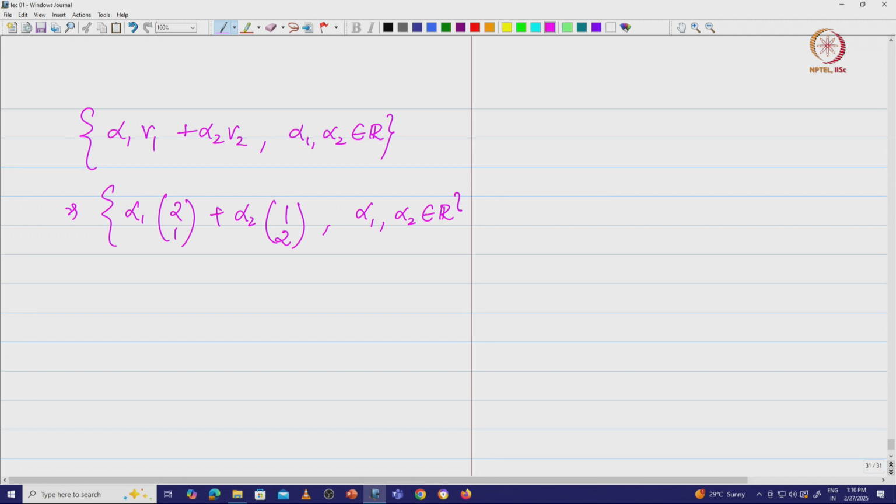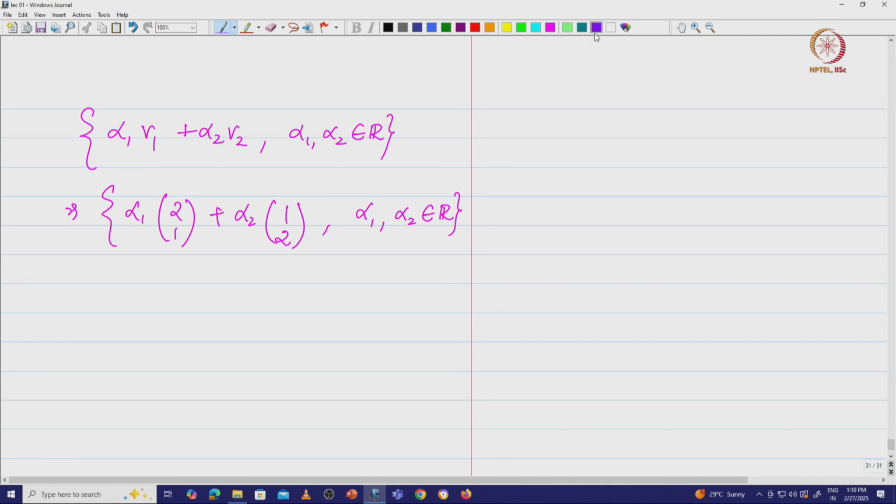Now, what are we going to get? The only combination that would give the 0 vector is alpha 1 equal to 0, alpha 2 equal to 0, and therefore, if you keep changing the values of alpha 1, alpha 2, you are going to get really different vectors every time. You have infinitely many possible values for alpha 1 and alpha 2, because they can be any real number, therefore you are going to have infinitely many combinations, and you see that the smallest vector space.